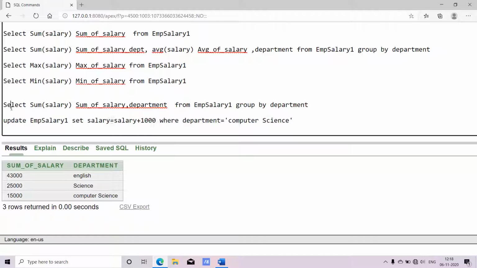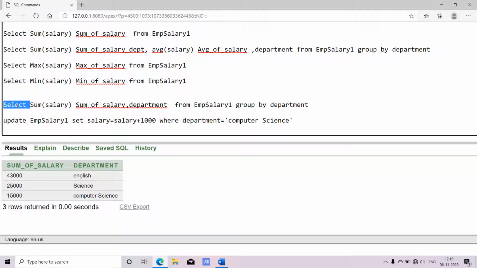Okay, select is used when already existing data has to be extracted and it has to be displayed. We are not going to change the actual data. While displaying, we are going to make some changes. Say for example, when I write something like sum of salary, in the table whatever value will be there, that will be same. While displaying only, we are going to make some changes and it will be displayed.